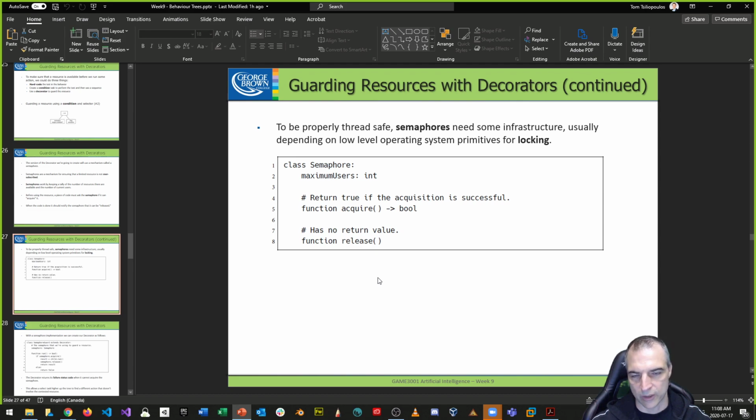One thing to note is that we want to make semaphores work in a thread-safe environment. And one of the challenges that we've been talking about so far, everything is running in a sequence. We're talking about a synchronous order. And a lot of times what we want to do is run a lot of this stuff asynchronously and also concurrently with other tasks. Okay? So one of the things you're going to run into when you actually do AI in a more advanced environment is running